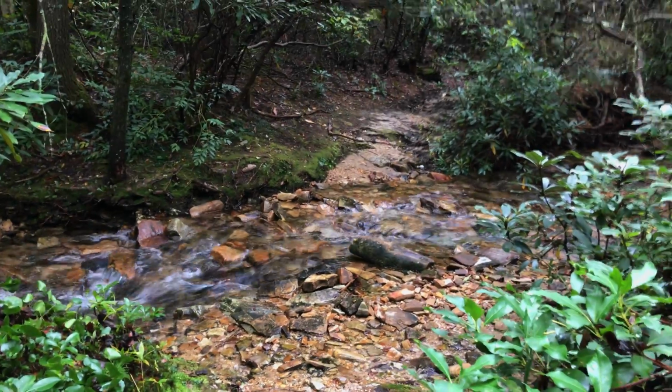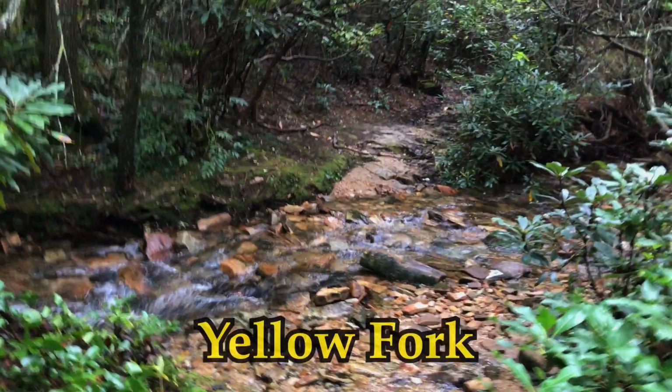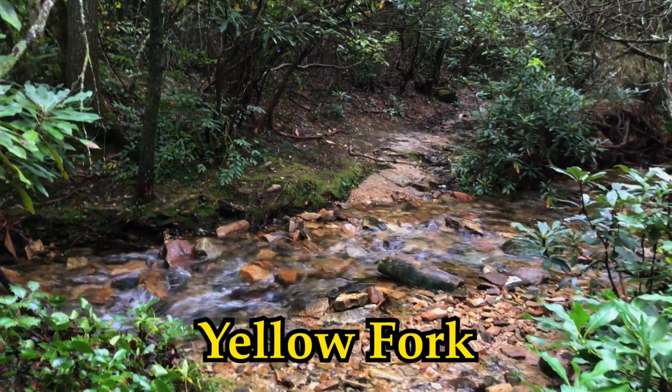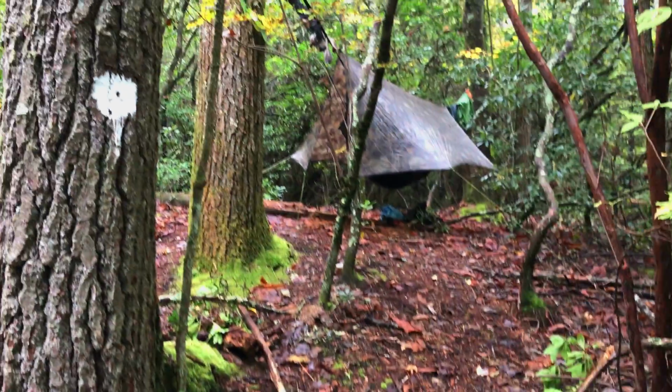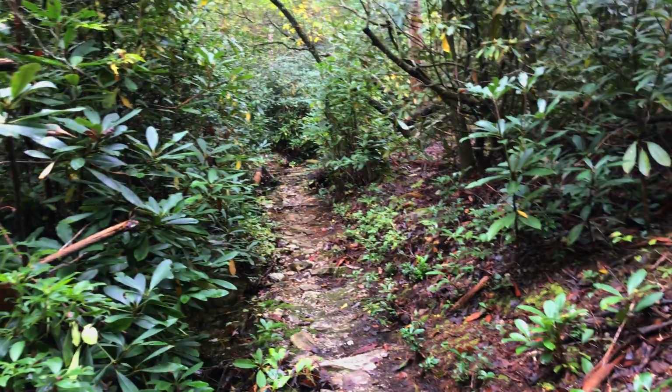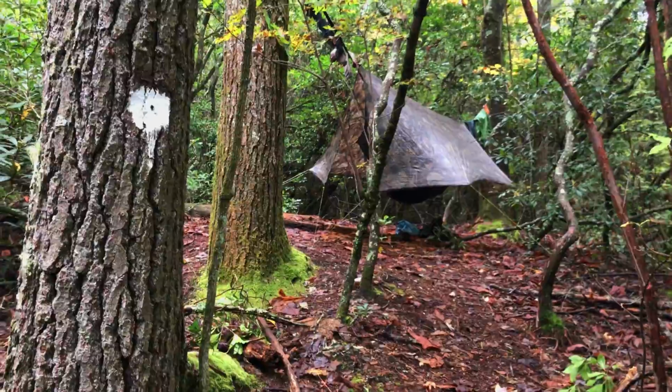Welcome to day 19. This is, I believe, Yellow Creek, about 12.5 miles from 221, so nice distance and nice to have a good source of water. And I camped just right next to it. Up the trail here toward the gorge, just around the corner there, I hung my food, and there was a number of good sites there. Probably a little bit better than what I've got here, but thought I'd give you a quick little tour this morning. Cooking up a little breakfast, so